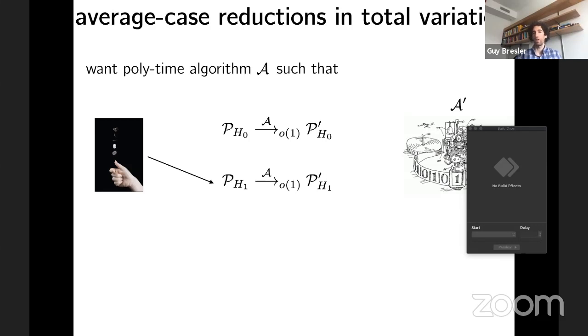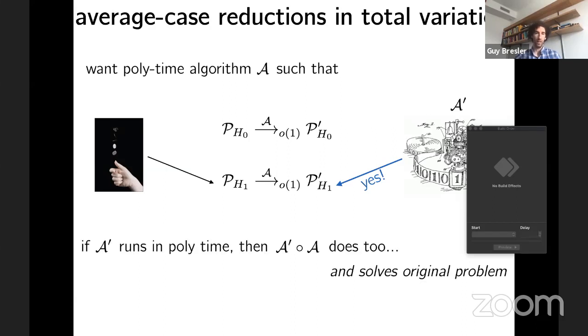And then, well, you genuinely have an instance of P prime, at least up to total variation distance that's vanishing. And so the A prime algorithm would solve it, and you would then have a solution to the original problem. And so this notion of reduction transfers the challenge of solving one problem into the challenge of solving some other problem. And that's precisely what reduction